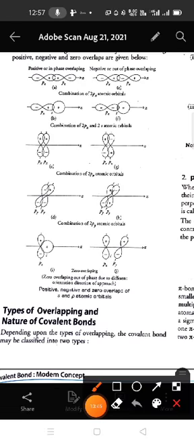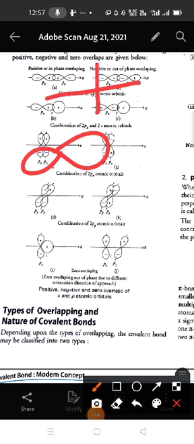The first one is, you can see here, you know that there are coordinates. Okay, these are plus plus, these are plus minus, minus minus, and minus plus. Okay, so in this way,